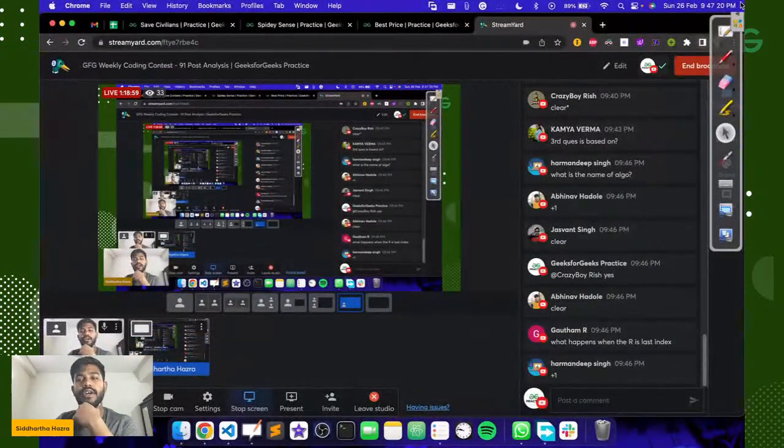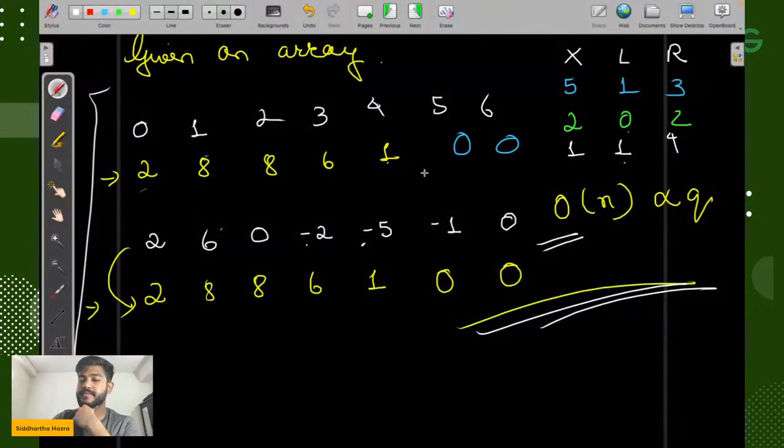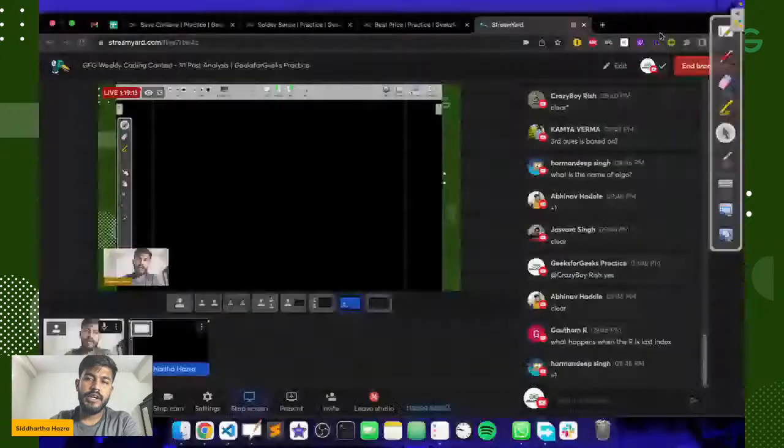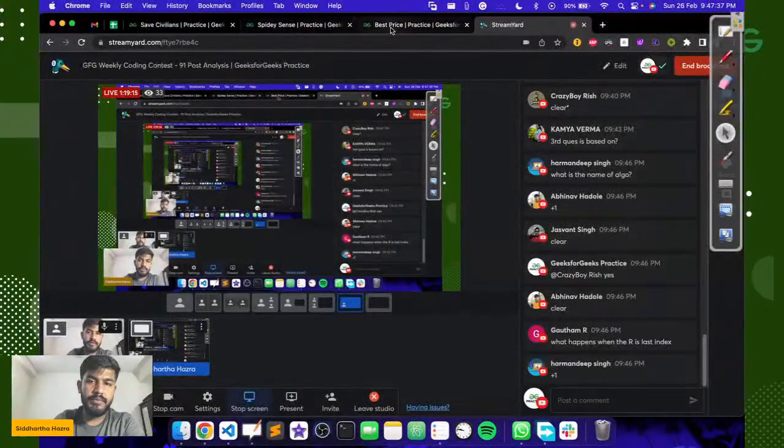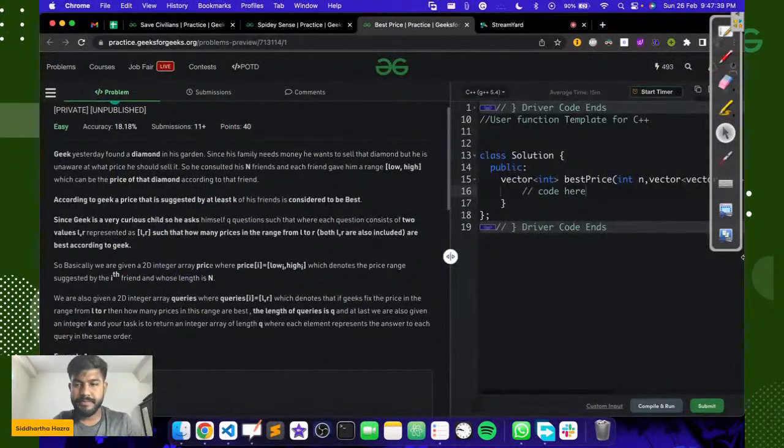Now let's move forward. So now see, in this question, first you are told that you need to add the contribution. Adding the contribution can be done by this algorithm only. So if you just go back to this question, best price,